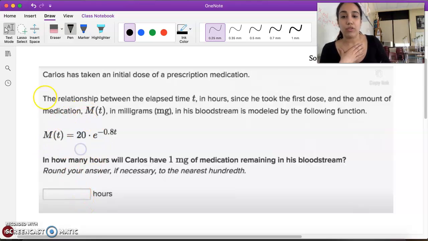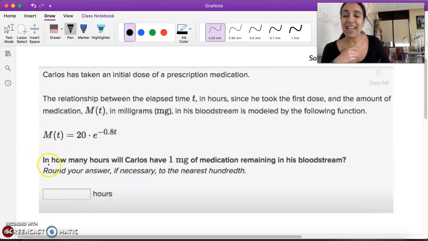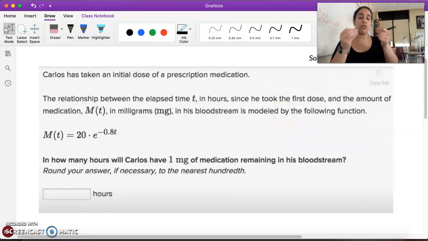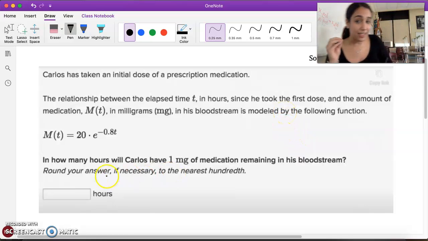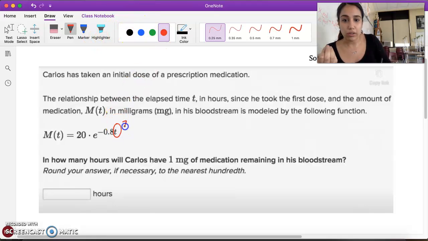M of t is equal to 20 times e to the negative 0.8 t. In how many hours will Carlos have 1 milligram of medication remaining in his bloodstream? So what do they give you? They don't give you time because it says in how many hours. So what are we looking for? We're looking for t. This is the unknown. So we don't know what t is,